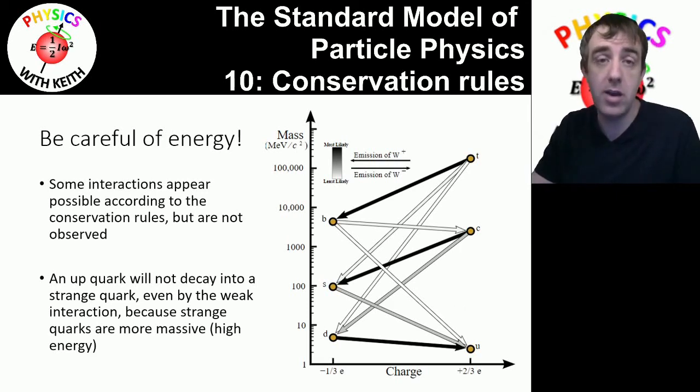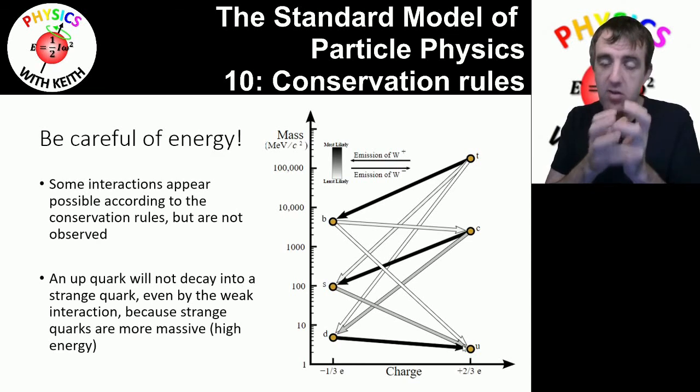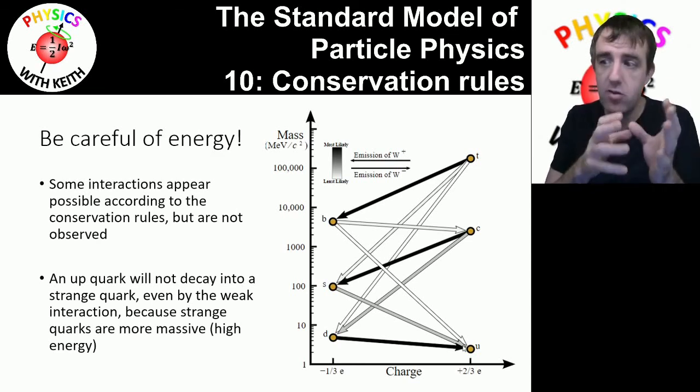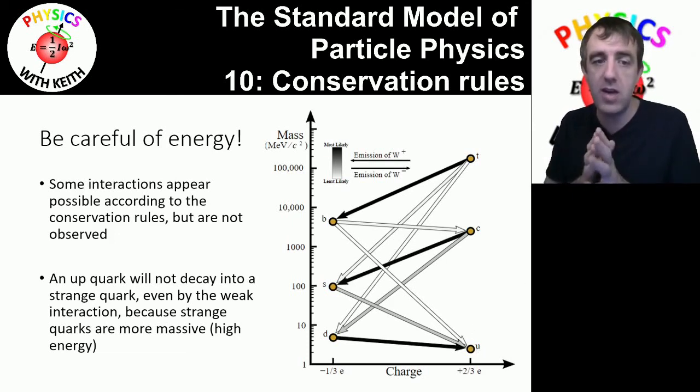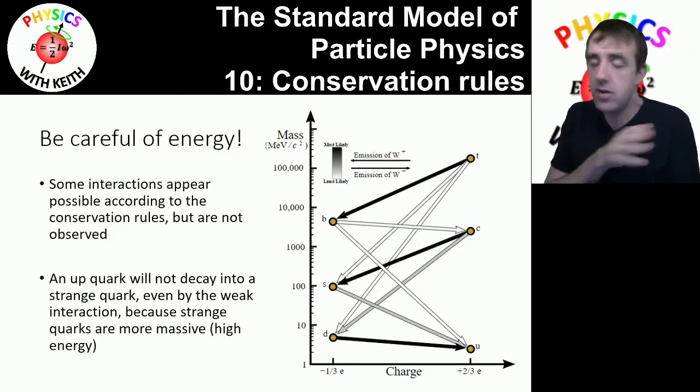In this diagram, we haven't included Z0 bosons, which would cause a strange quark to decay down into a down quark. You can see that for a strange quark to decay into an up quark, it has to move to the right. It has to increase the charge by 1. So therefore there's an emission of a W- boson, so that the particle increases its charge by 1. It loses negative charge, it gains positive charge. Now this means that up quarks can't decay into strange quarks, even by the weak interaction, even if the quantum numbers suggest it's possible. Just doesn't happen.